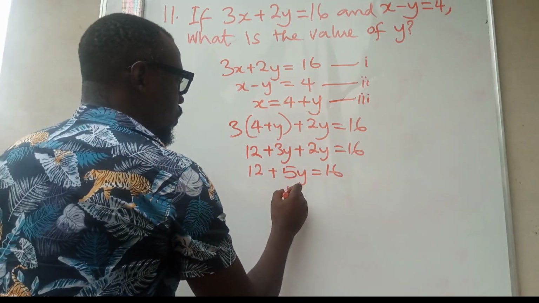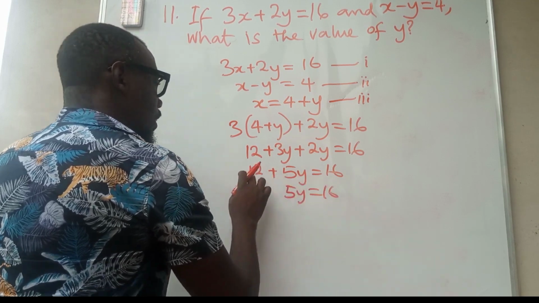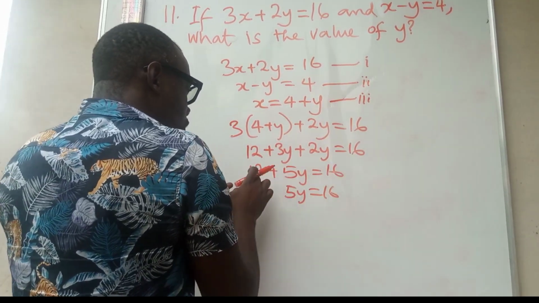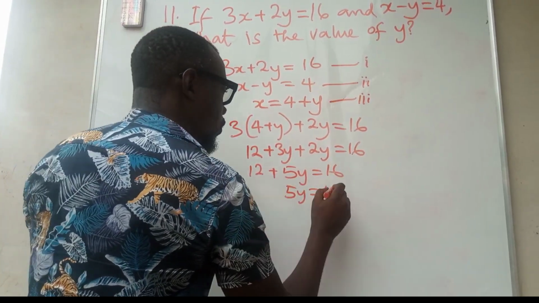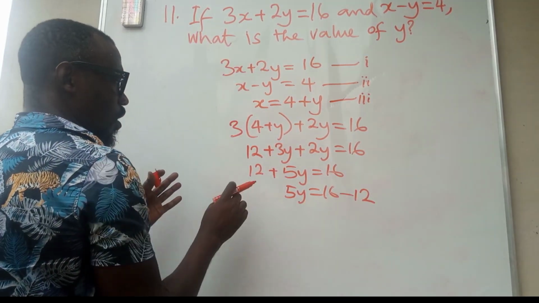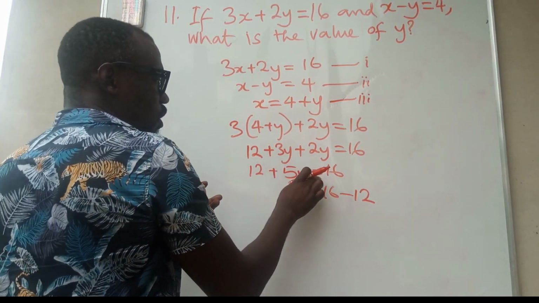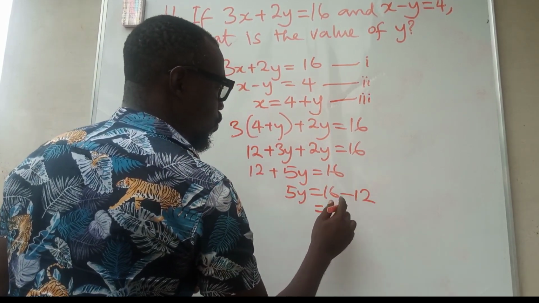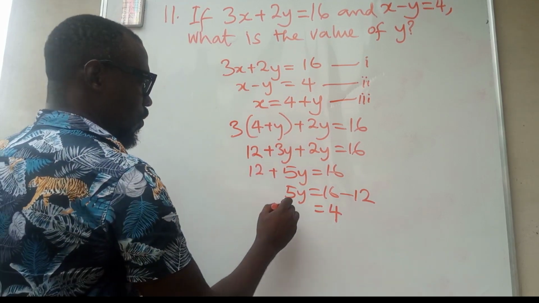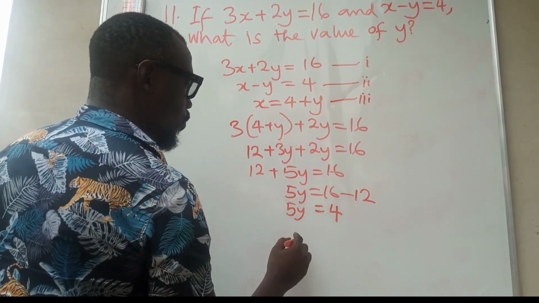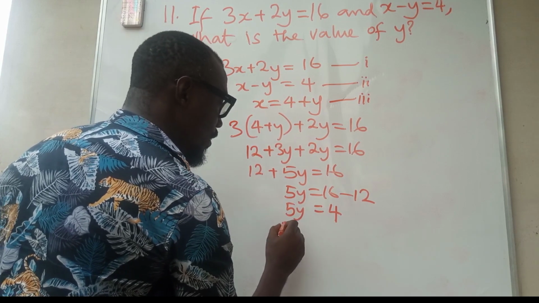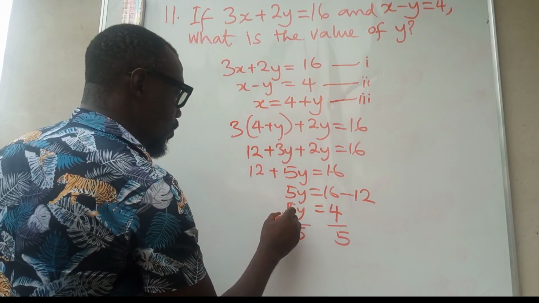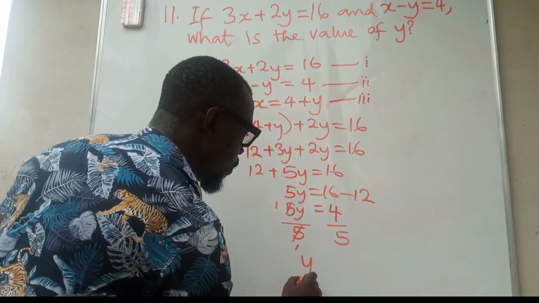So now, this is 5y equals 16. Then we are going to transfer this to this side. I'm going to transfer it because they are like terms. So this is going to be 12. Don't forget this plus here. When it crosses the equal to sign, it will change to negative. So 16 minus 12 is 4. 5y equals 4. So if you want to get y, you divide by 5, here by 5. So y will be